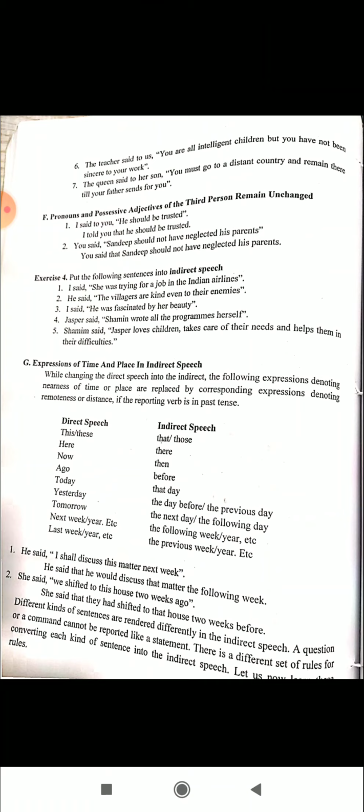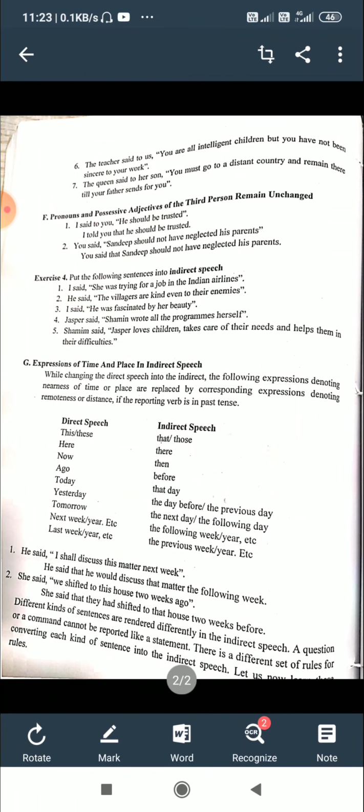Now, next class we will see how different kinds of sentences are rendered differently in the indirect speech. A question or a command cannot be reported like a statement. There are different sets of rules for converting each kind of sentence into indirect speech. That means next we are going to study the rules and regulations of each type of